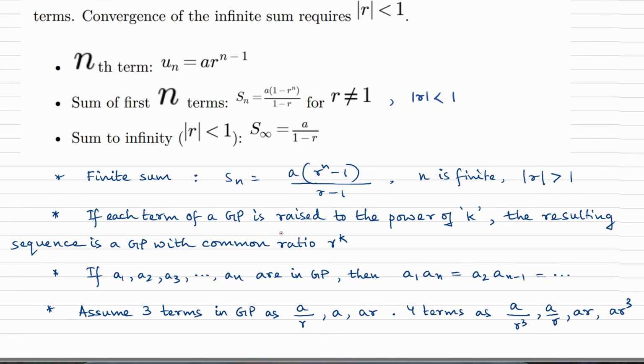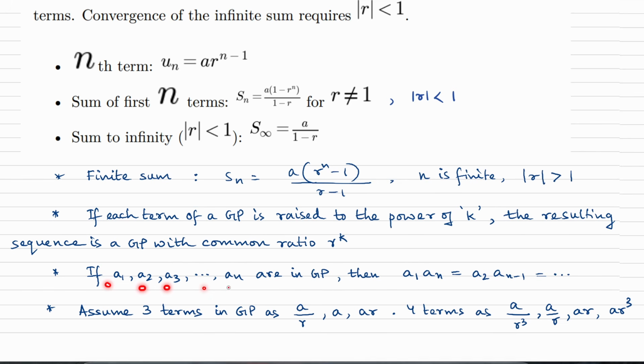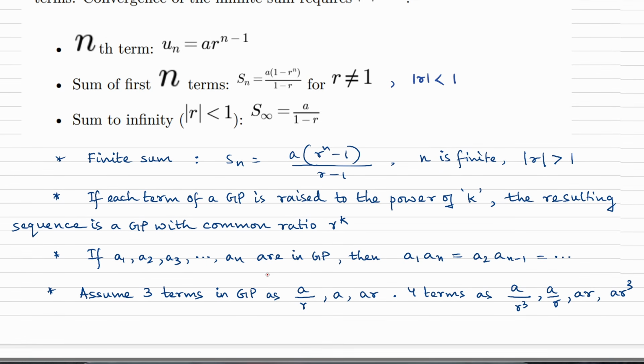Alright, remember this. If a1, a2, a3, ..., an are in GP, then the product of the first term and the last term is equal to the product of the second term and the second last term, and so on. Okay, so a1 times an, a2 times a(n-1), a3 times a(n-2), all of these products will be equal. If you are solving a sum where you are required to assume 3 terms in a GP, assume them as a/r, a and ar. That way, if you multiply them, you would cancel the r and you would get a cube is equal to something. There is a high chance that you figure out the value of a this way